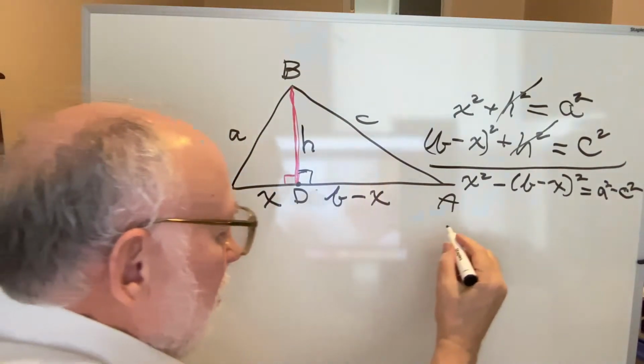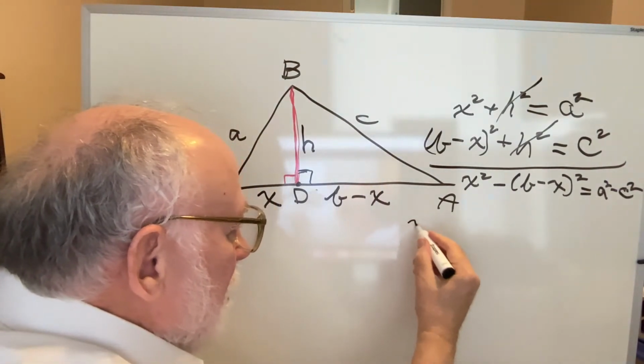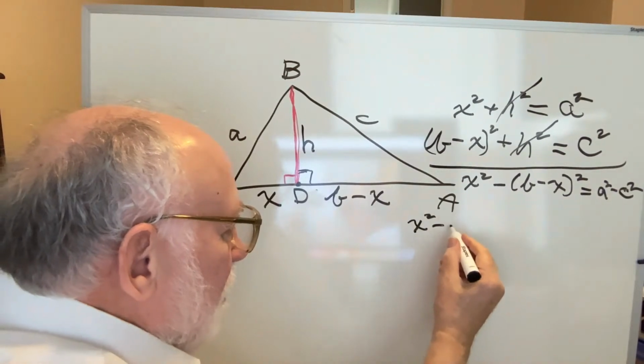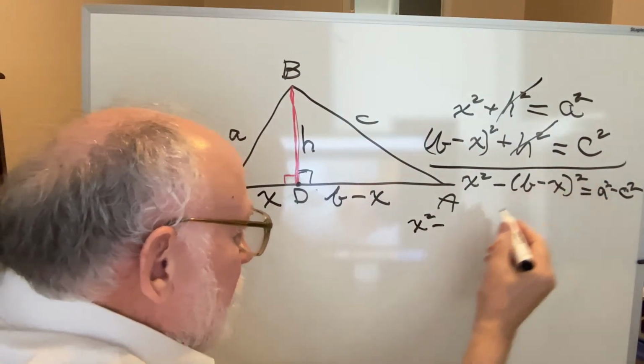Now what is this telling us? This is telling us that x squared minus, now b minus x all squared here